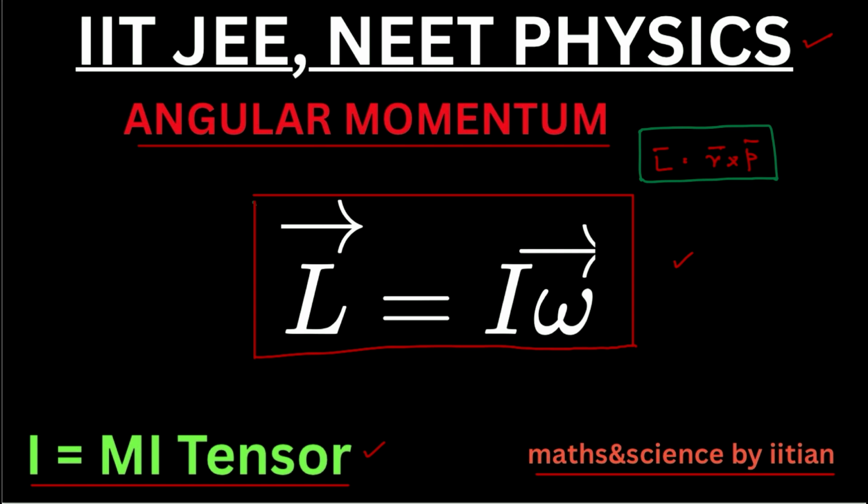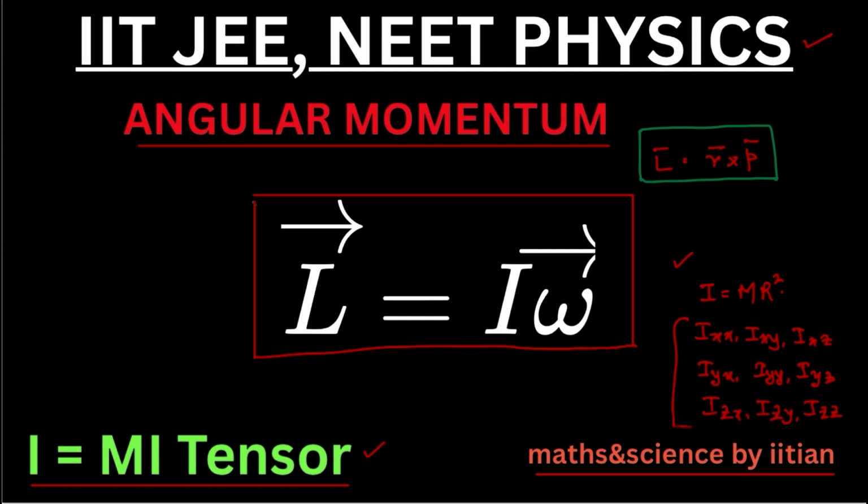How to develop? Moment of inertia, we all know I is equal to mr square. Depending upon the axis of rotation and axis under consideration, we have Ix, Iy, Iz. In three dimensions, we have 9 parameters of moment of inertia: Ixx, Ixy, Ixz, and Iyx, Iyy, Iyz, Izx, Izy, and Izz. What these 9 parameters mean, and how they can be represented in a matrix form or a tensor form,